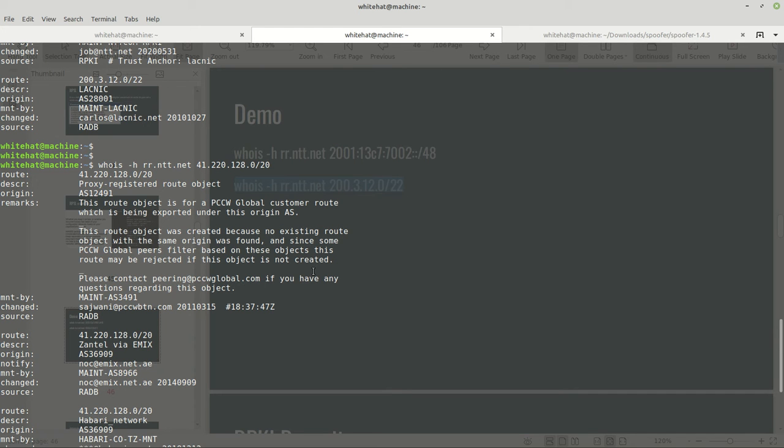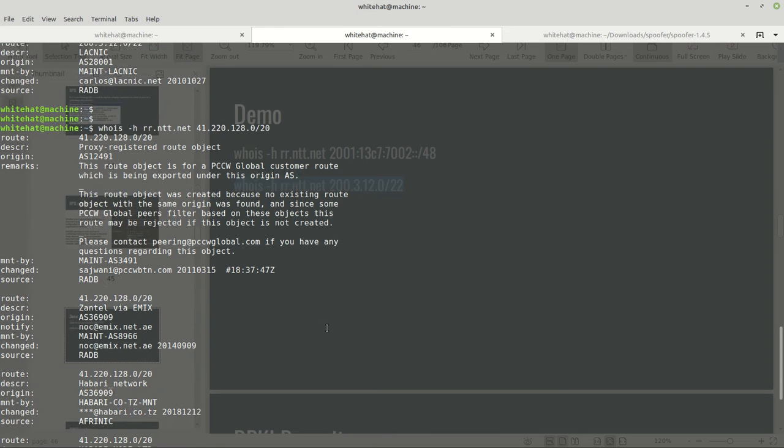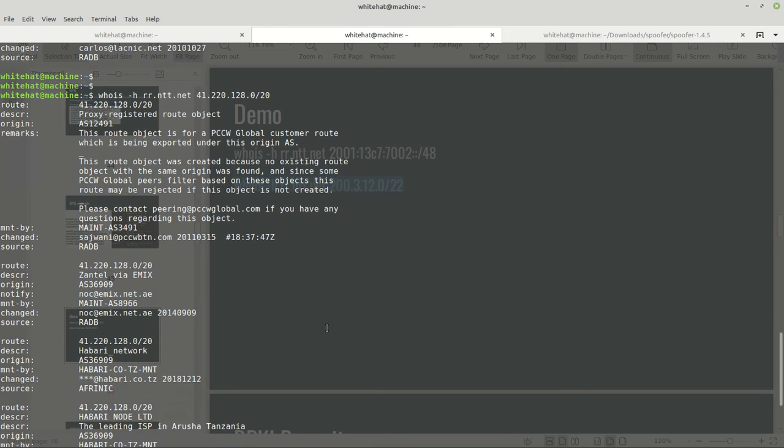Okay, you see here they have a route object in RADB. This route object is for PCCW Global customer route, which is being exported under this origin autonomous system. It was only created because no existing route object with the same origin is found. You can see these filters. Okay, you can read this information. So it basically means that